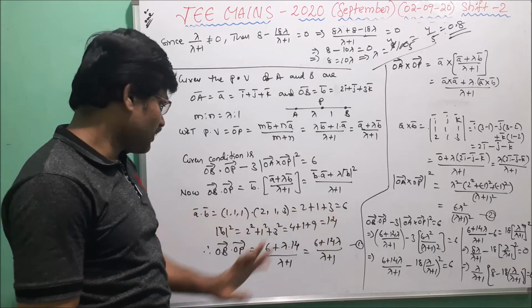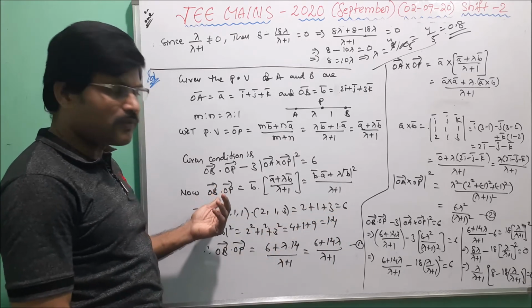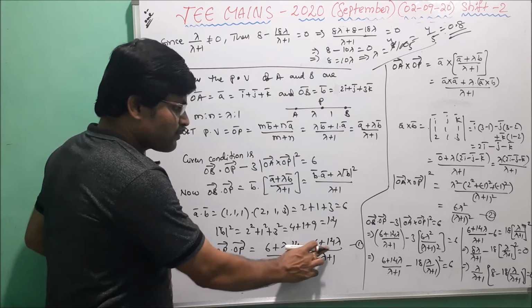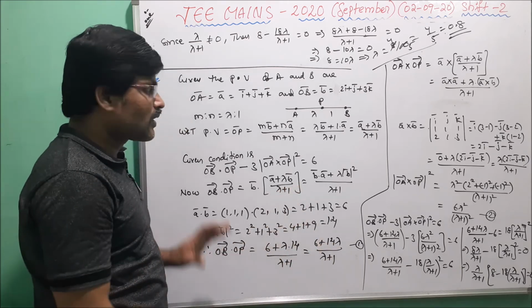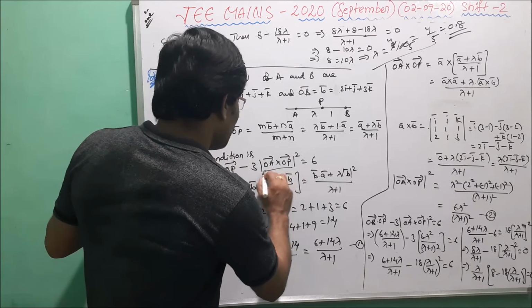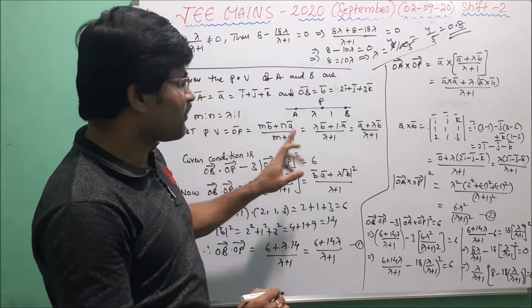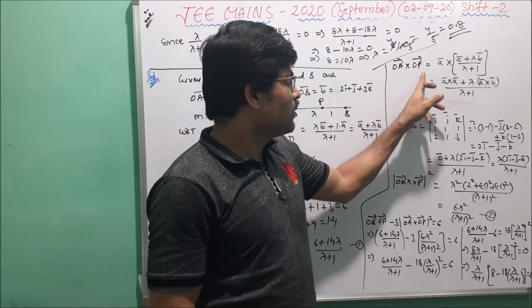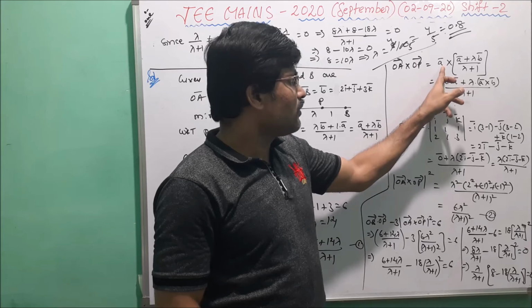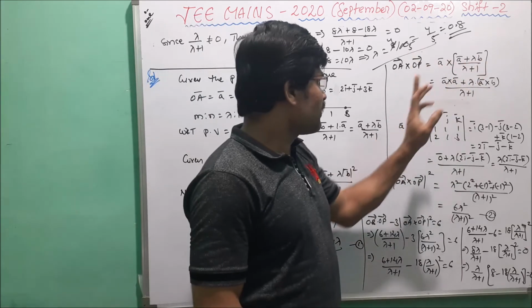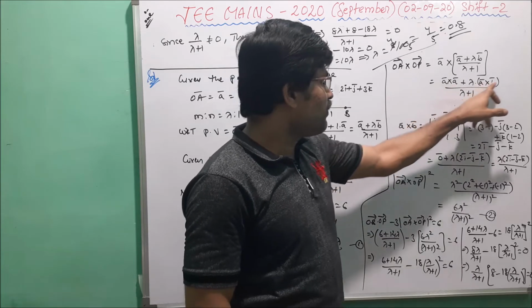Those are 6 and 14. Now substitute those values in the dot product. Then the value of OB bar dot OP bar equals 6 plus 14 lambda by lambda plus 1. And in this we calculate the second part, that is mod OA bar cross OP bar square. First of all, to find the cross product OA bar cross OP bar, here we write OA bar equals A bar cross OP bar, already found. Now it can be simplified: in this, to find A bar cross B bar.